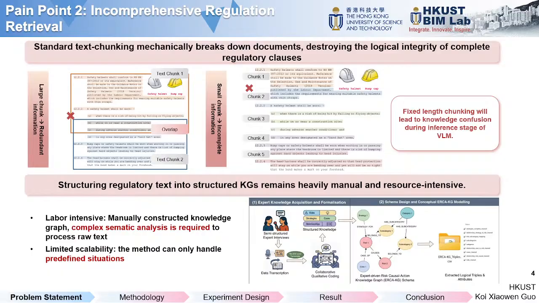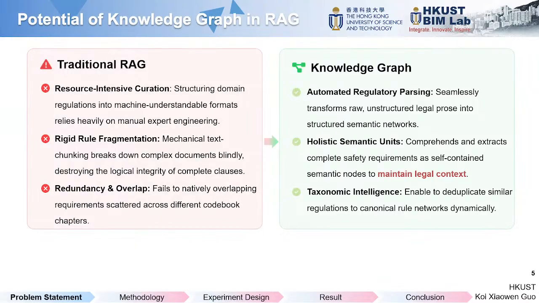So if we want to structure our regulation text into a knowledge graph, which is a more structured way, it remains a highly manual and resource-intensive process. We need experts to extract the ontology and do a rule-by-rule breakdown of each regulation. With our method, we have the potential to do automatic regulation parsing,